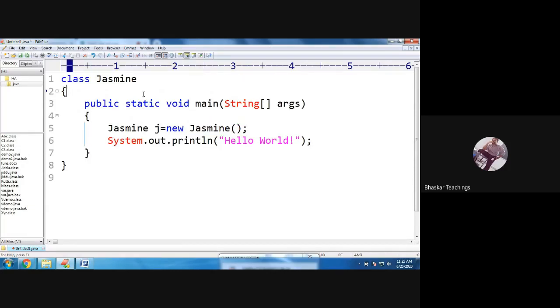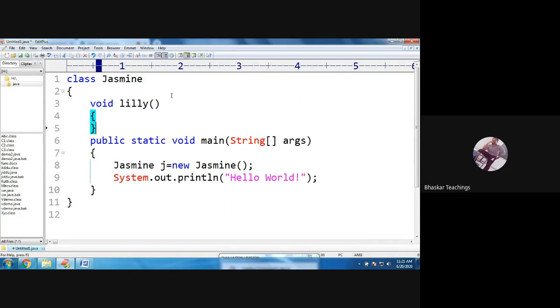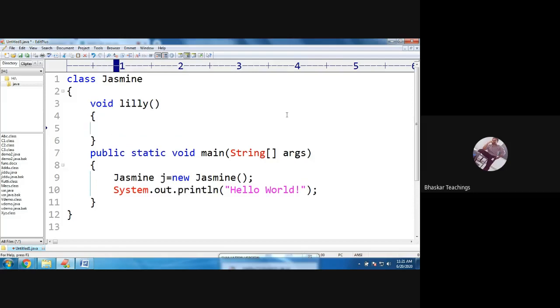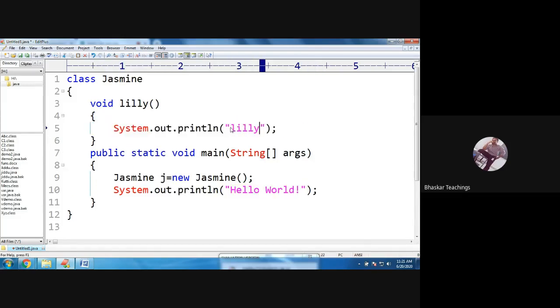Suppose I have a function here, void lily, in the Jasmine class, with one printing statement: I am lily.